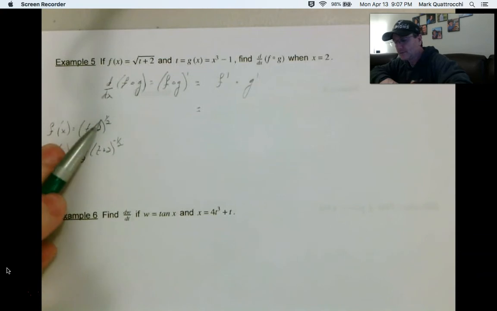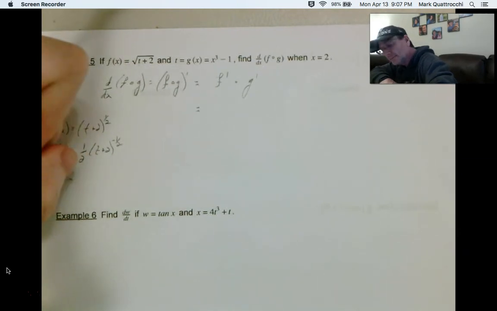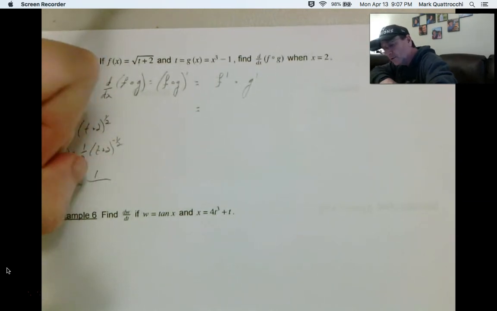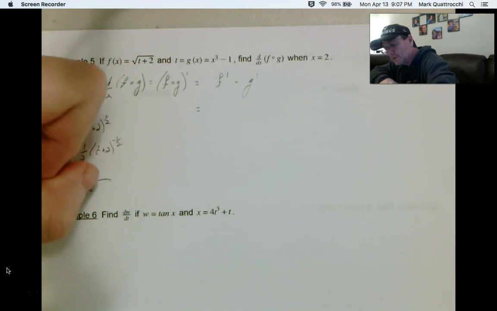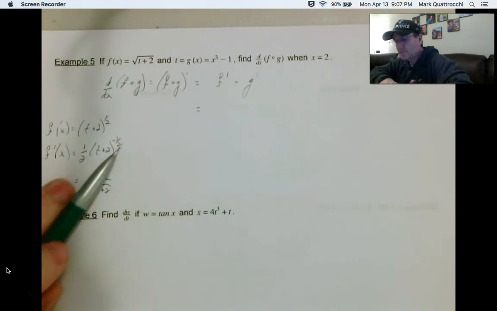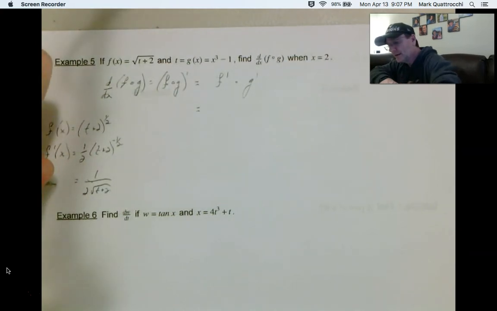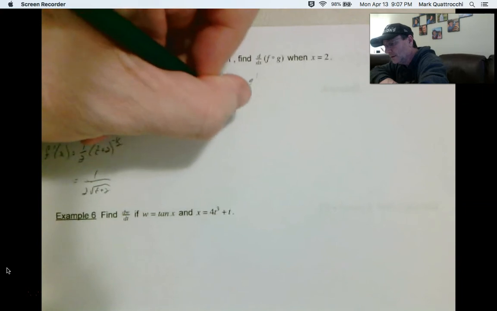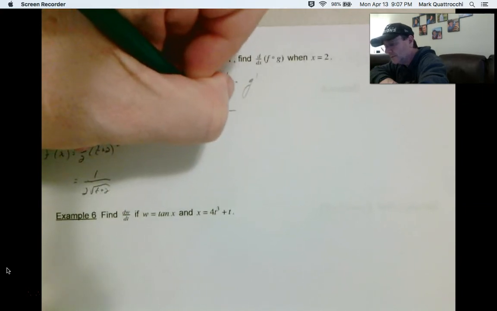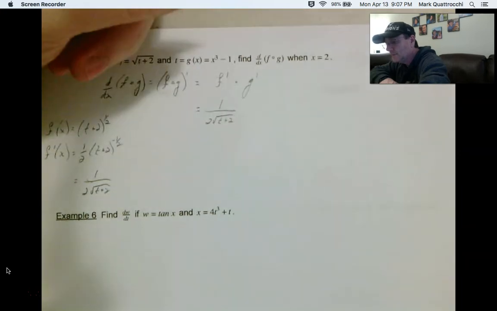Bring the 1/2 down, subtract 1, we get negative 1/2 here. Another way of writing this, probably the best way, would be 1 over 2 square root of t plus 2. Negative exponents become positive when you move them down. Fractional exponents are radicals. So this is f prime. So 1 over 2 square root t plus 2